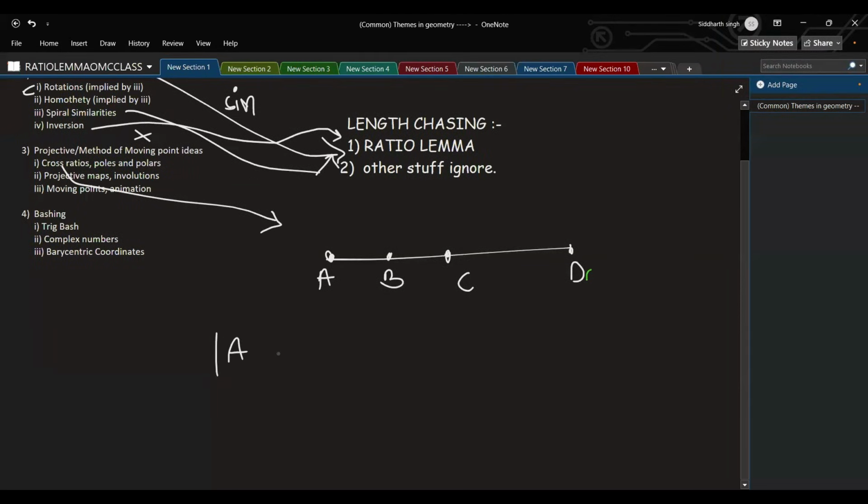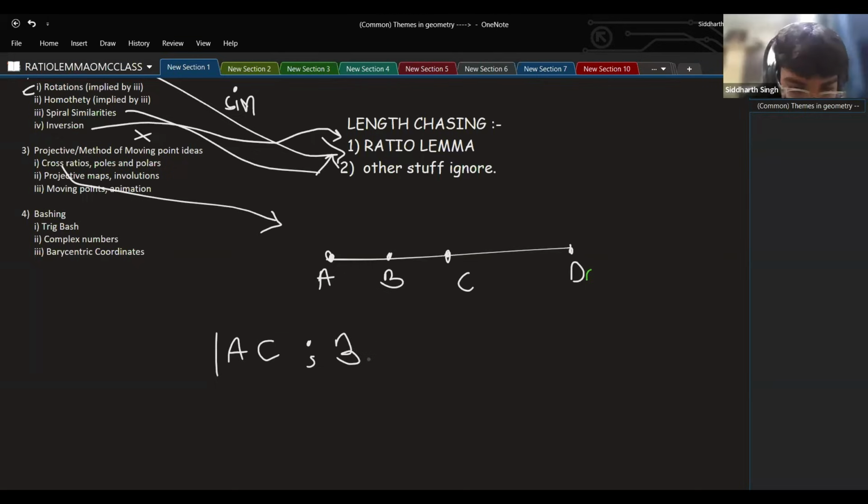CA by CB, DA by DB is equal to... So the fact is this is just defined as CA over CB divided by DA